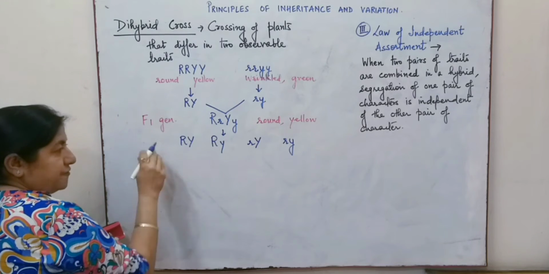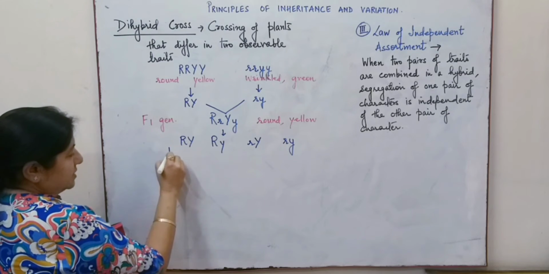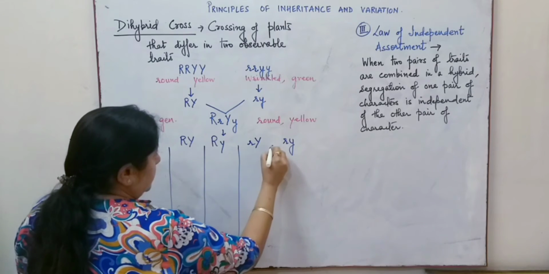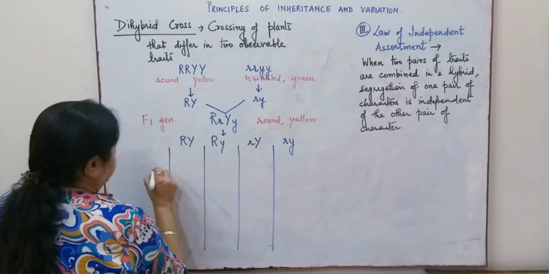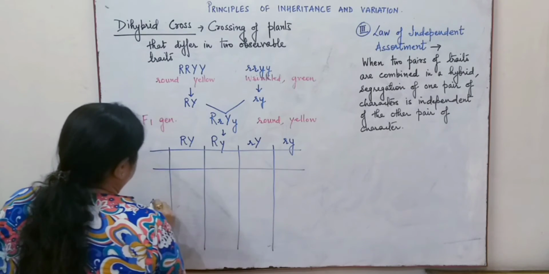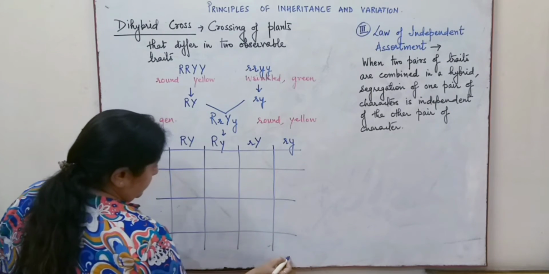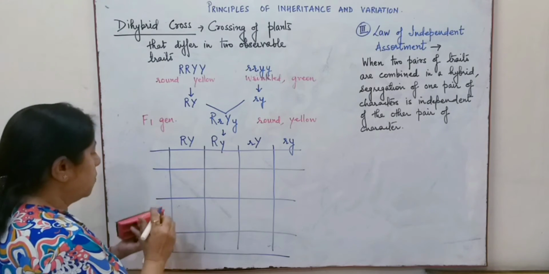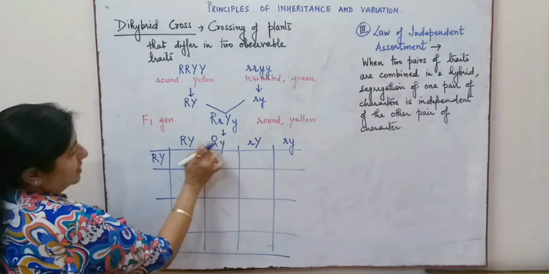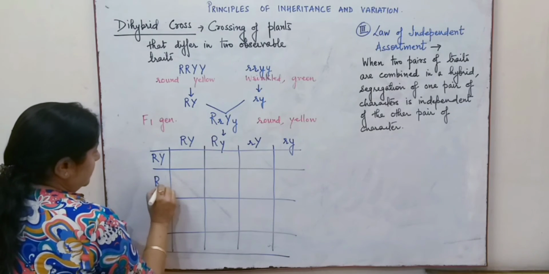Now, if we arrange them in a Punnett square, or the checker box, what are the possible combinations? Let us study. So these are the gametes which we are arranging over here, on self-pollinating this,